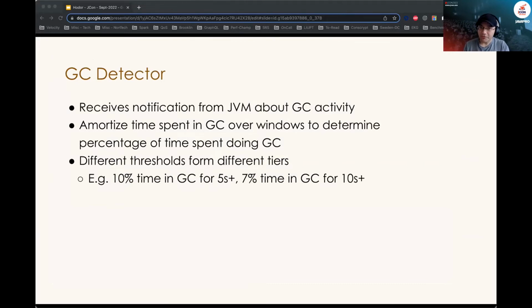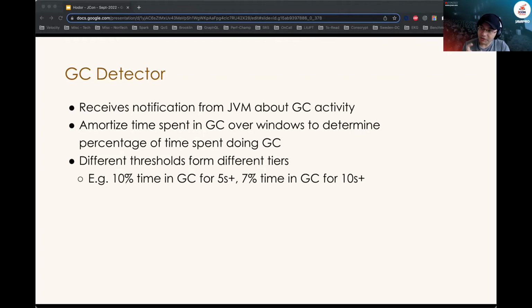Now the objective of the GC overload detector, similar to heartbeat, is to quickly and accurately detect increased garbage collection activity for applications with auto memory management. Now the idea here is to observe the overhead of GC activity in a lightweight manner. Deep diving a little bit more, on each GC event, we calculate the amortized percentage of time spent in GC over a given time window. And we call this metric the GC overhead. A schedule is then set up on top of this GC overhead.